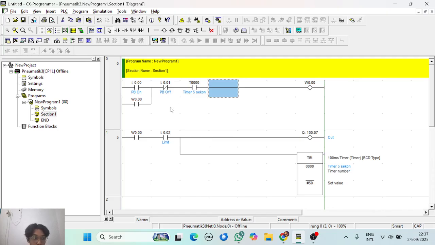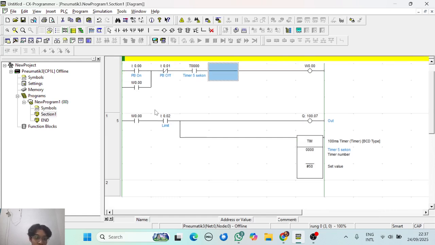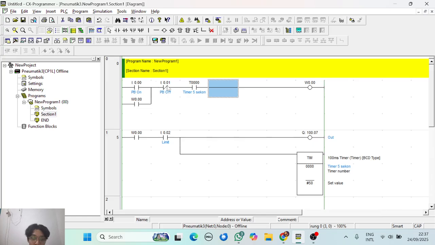Okay, the first row works like this: if we press the PB on, the coil in the relay will activate.